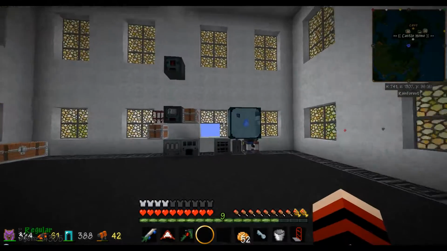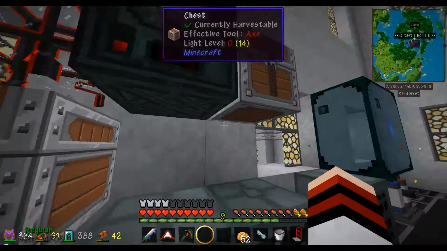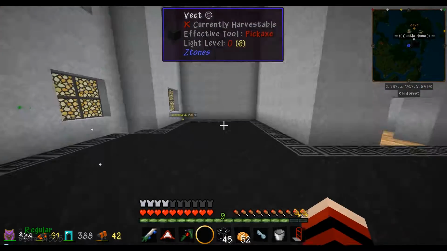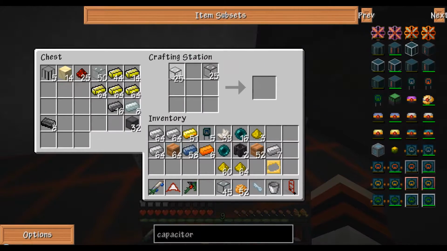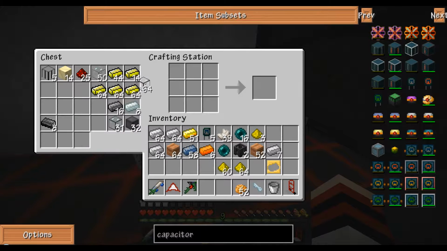It's a lot of ender pearls. I have so many ender pearls. I'll leave that for now. I need the quartz. See, that's not enough quartz. I don't think it is. Let me go down here and see how much I actually have. I have 64 and half a stack. See, I need